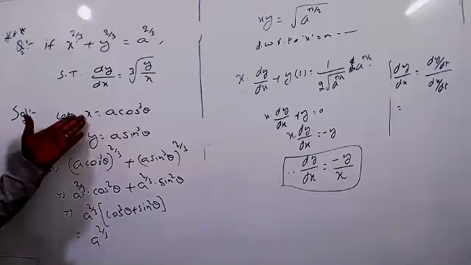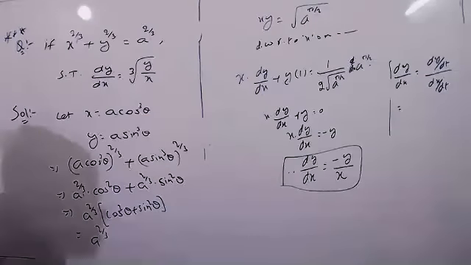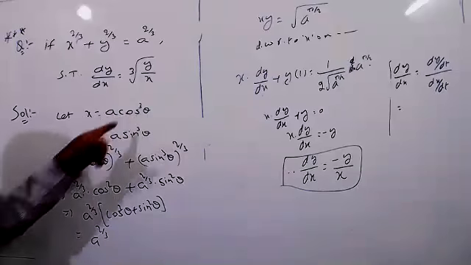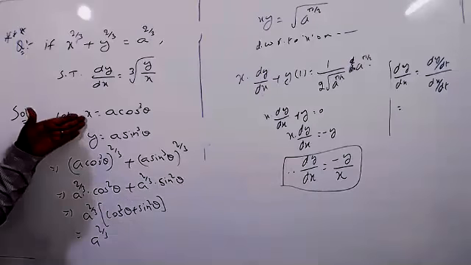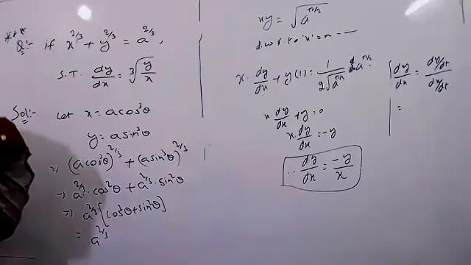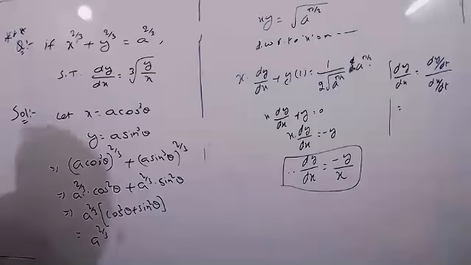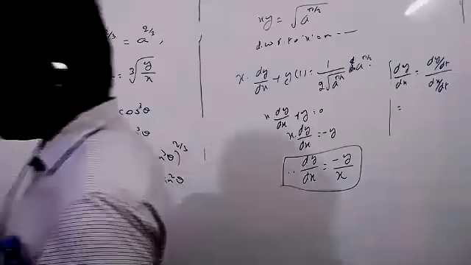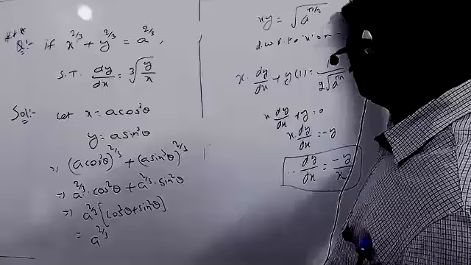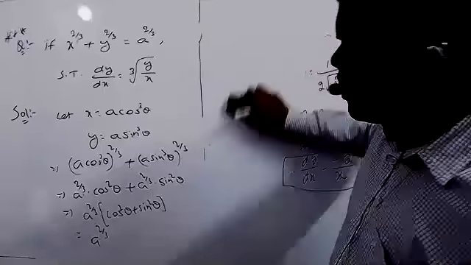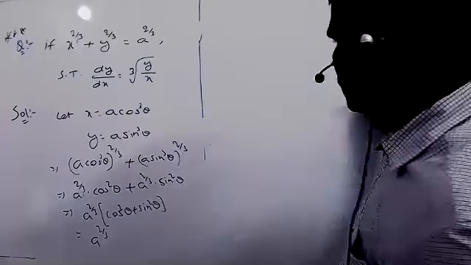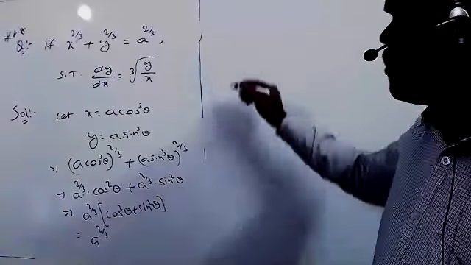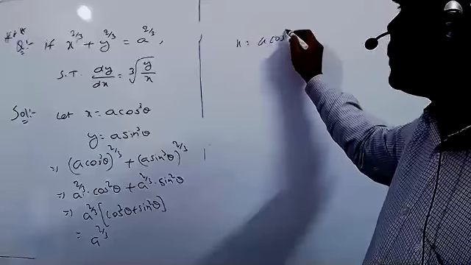Now directly, first you can differentiate with respect to the parameter. Theta is the parameter. So differentiate x with respect to theta, and the same for the derivative of y with respect to theta. dx by d theta and dy by d theta, you can divide both of them and we'll get the required answer. Yes, you can find now. So that is the reason I am taking x equal to a cos cube theta. First, x equal to a cos cube theta.